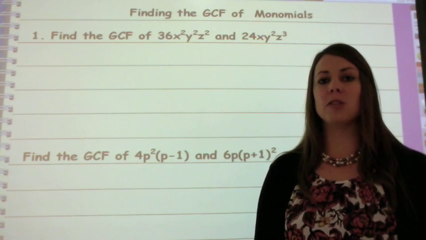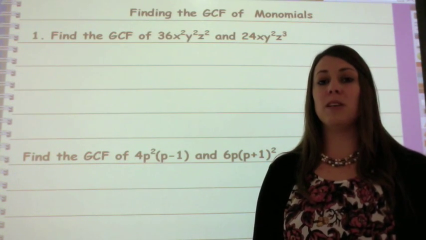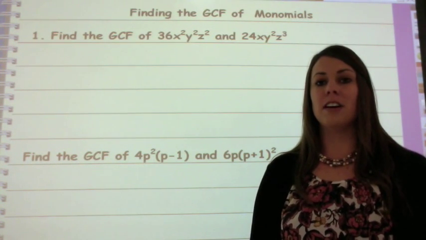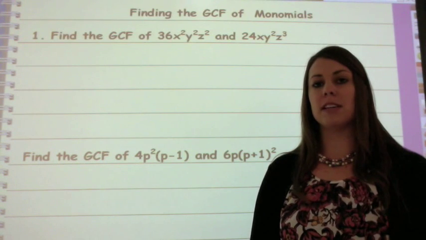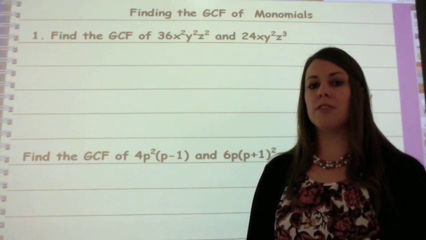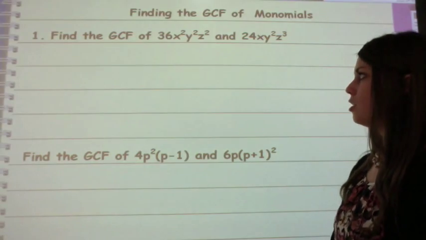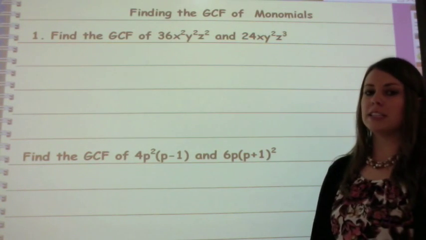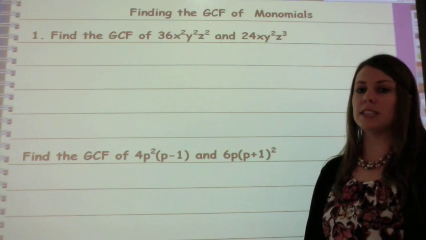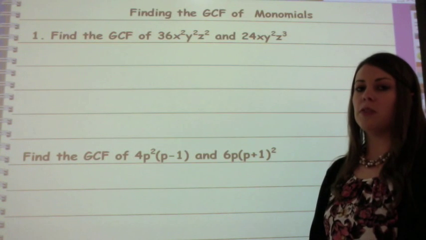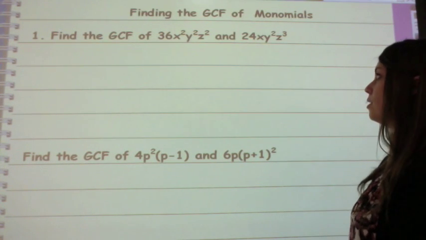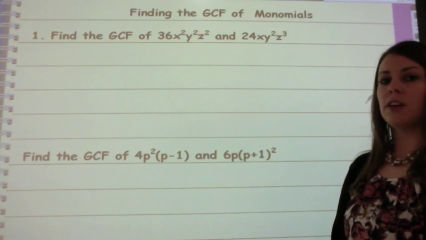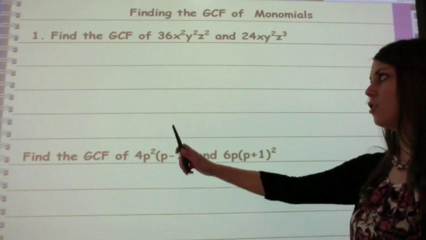Today I'm going to show you how to find the greatest common factor between two monomials, as well as finding the missing factor of some values in the next couple examples. So let's look at our first example. It says to find the greatest common factor of 36x squared y squared z squared and 24xy squared z cubed. So the first thing that you want to do is find the greatest common factor of our